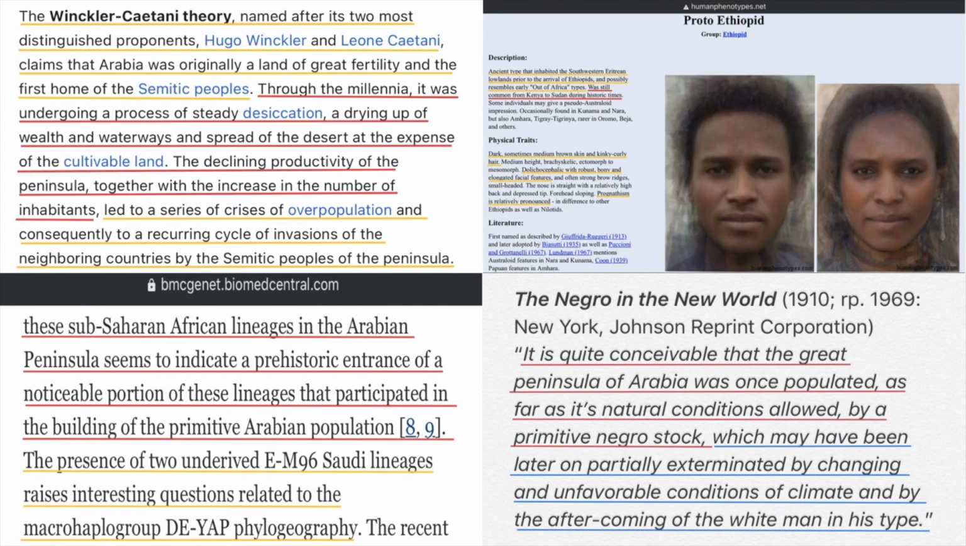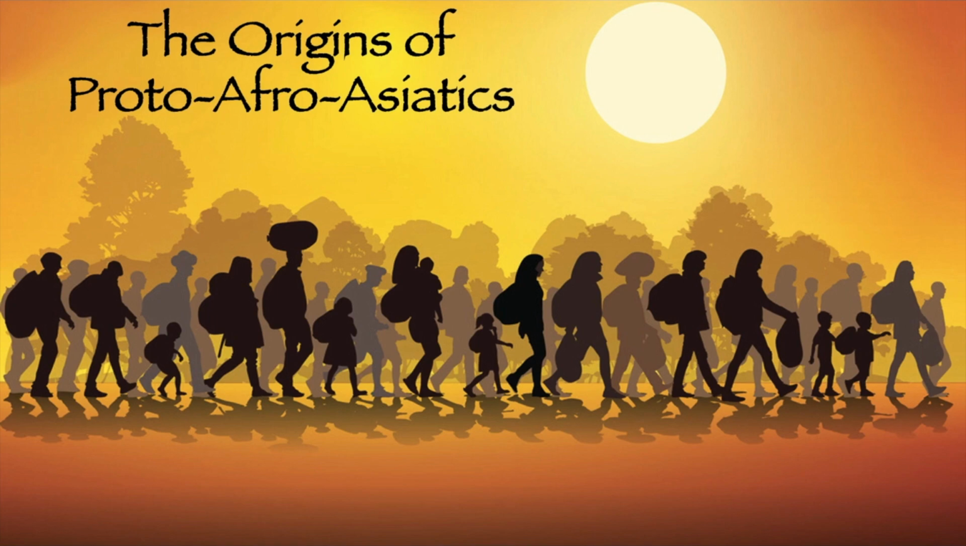Here's all the information put together for this. The Winckler-Caetani theory about Semites originating in Arabia, along with the phenotype of what these people could have looked like, as well as the genotype that seems to match the time period of when all this is going down. So we conclude with this study, the origins of Proto-Afro-Asiatics, and returning back to the main point, as I said,